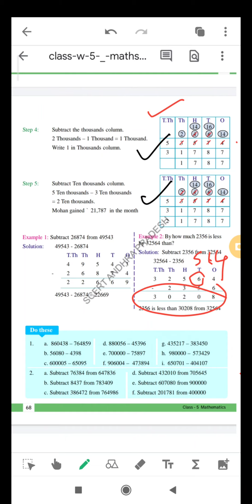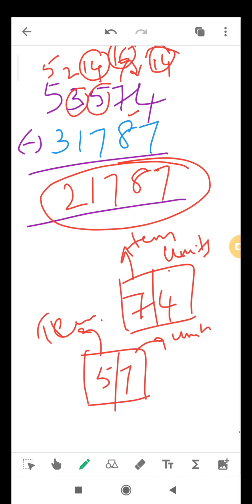Again one more time I will explain. The first problem I have done, this one. Now look here, this is how we explained 53574 minus 31787, how to do. Just you have to carry 1 from here, because 1 I have taken, this 4 will become how much? 14. This 7, 1 gone means 7 will be 6 only. From 6, 8 is not possible. Therefore again 1 we are carrying from the adjacent 5. So it is 16. From 16, 8 is 8 will remain here.